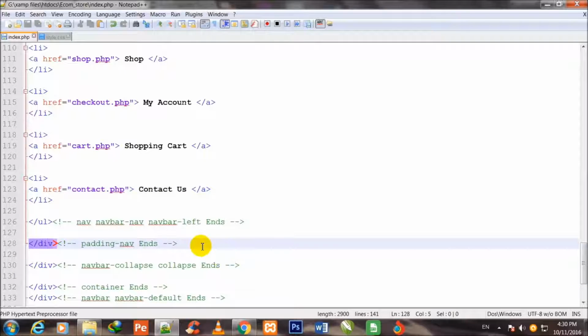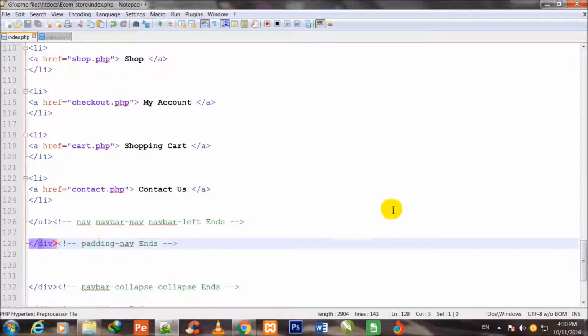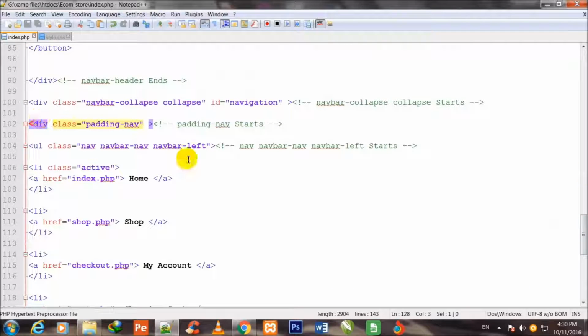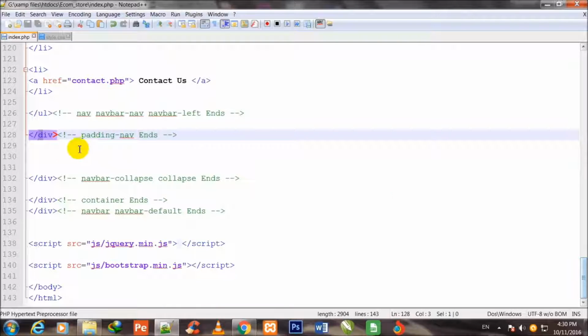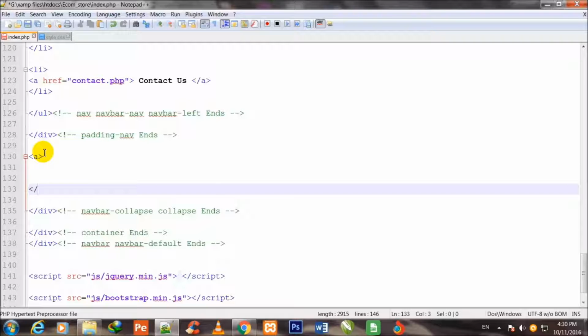And now I go out of this closing div of padding-nav ends. This is the closing div of padding-nav. I show you its starting point. I have made this UL, and inside the UL I have made these li tags and anchor tags. And now I come out of this padding-nav ends and I make one anchor tag outside of it,